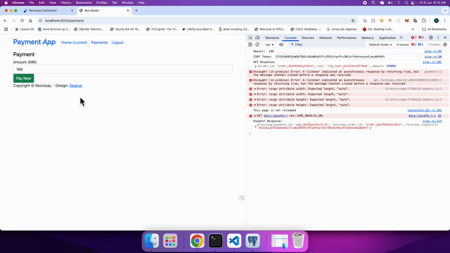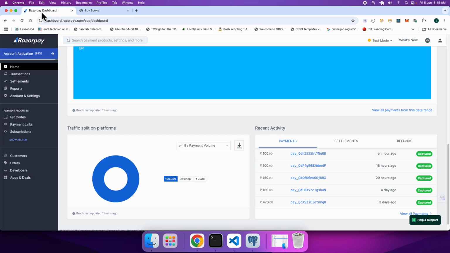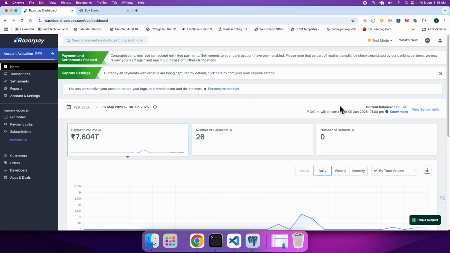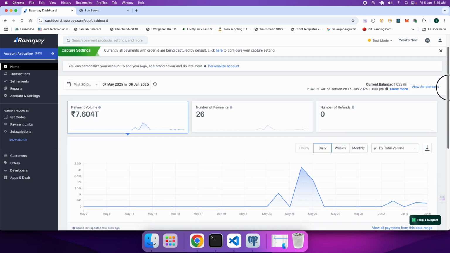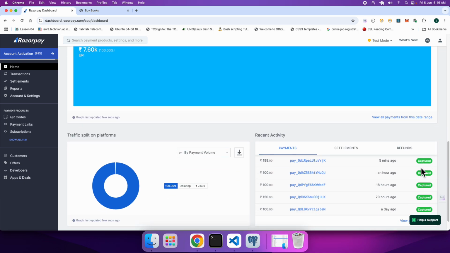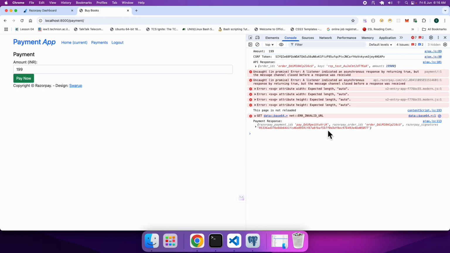And finally, since we have already completed our transaction, now we can come to the dashboard, and let's reload the tab, and I believe this time it will show that the transaction has just recently completed with a value 199. So let me just see it once again, and as I scroll down over here, I believe it will show me just 5 minutes ago the transaction of 199 was completed, and this was the payment ID RJK. We have received it, and if you come to the browser, you will find, see, RJK, that's the payment ID